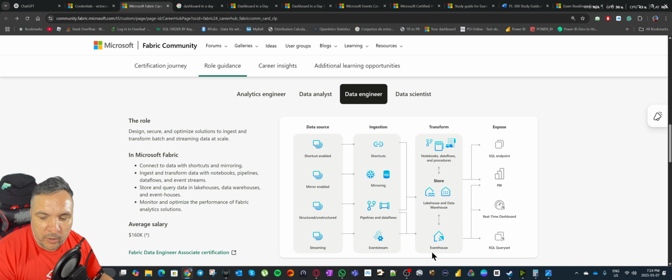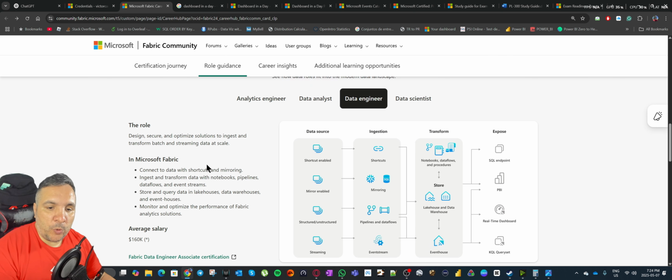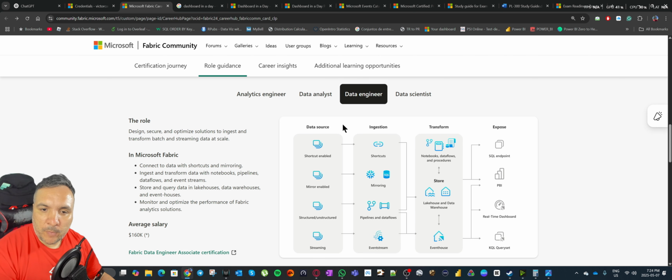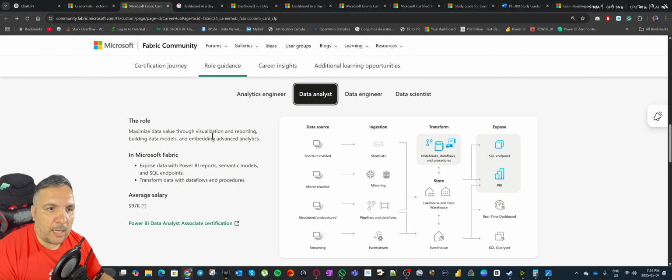They include now Event House, which is real-time intelligence. They are more related with the data sources, so they can do mirroring or prepare the data for the shortcuts, etc.